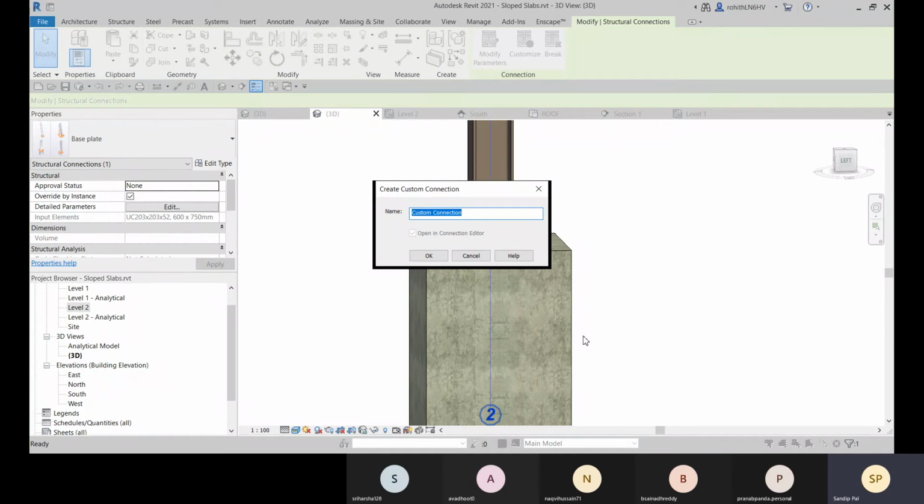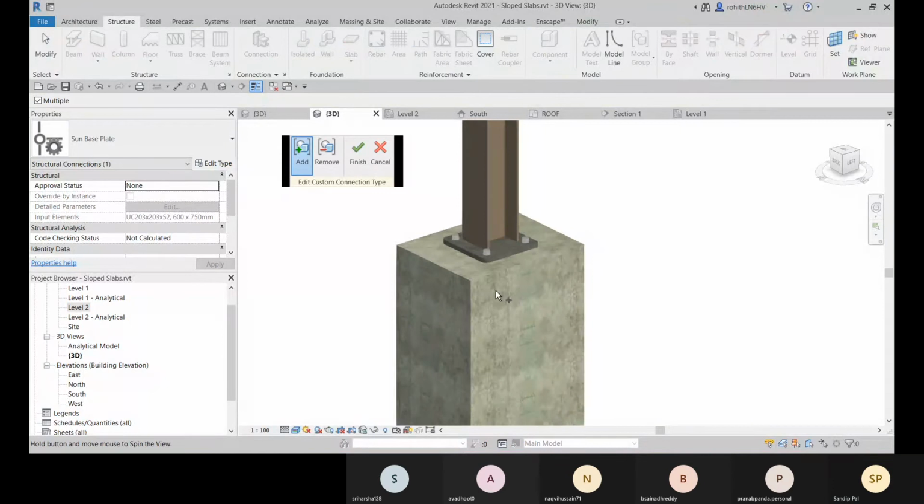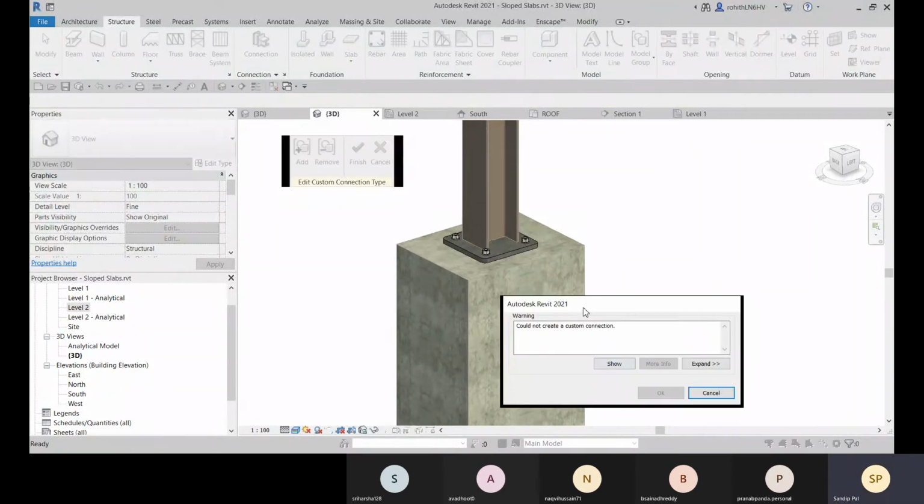So here let me give a name like Sun. Okay, Sun base plate, as per your batch name. Okay. All right. And you can go with add, then go for finish.